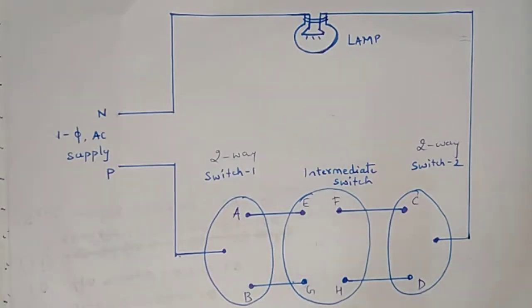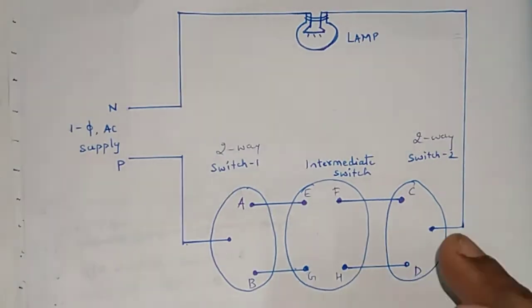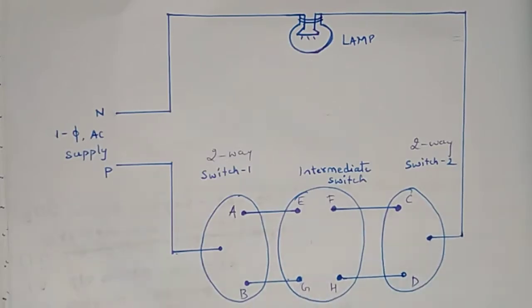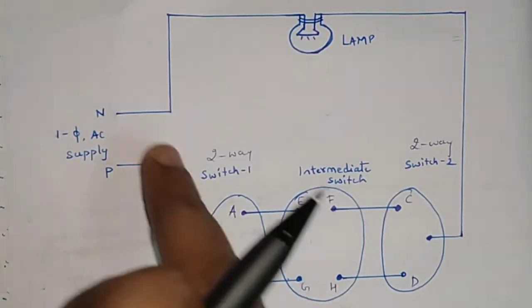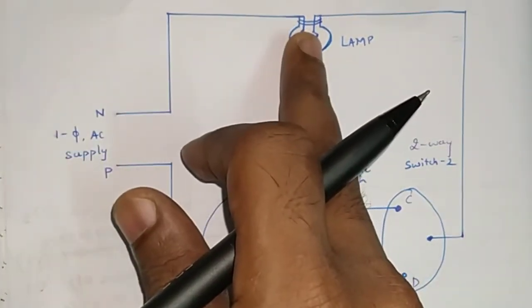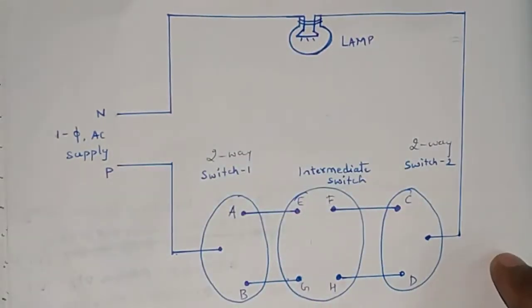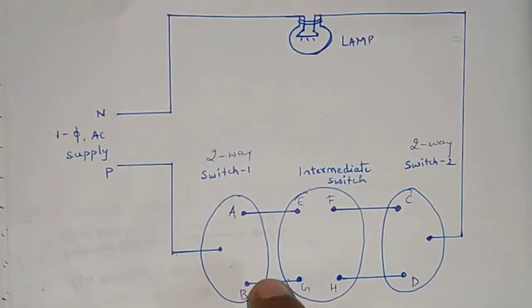You know that a switch has two conditions, one is off and one is on. I have explained the on condition and off condition, what happens to the switch and how it works, in that video. Just go through that video. Now after drawing the wiring diagram, you can just see phase is always connected to the switch, neutral is always connected to the lamp according to the Indian electricity rules. Now just name the terminals. After that you have to draw the working table in which you are going to explain different conditions on which the lamp will be on or off.